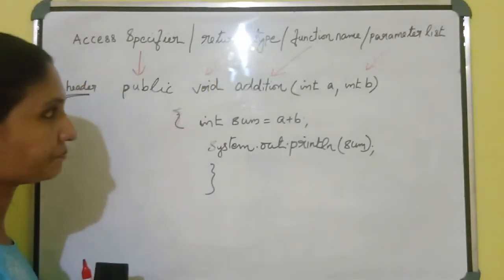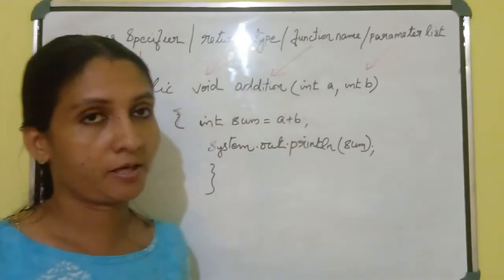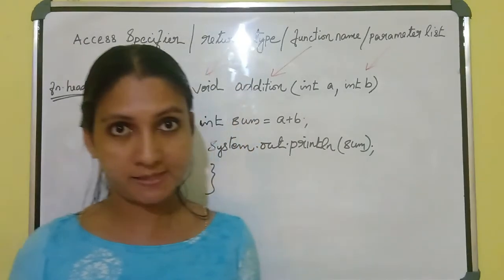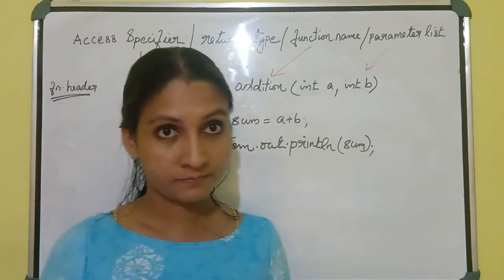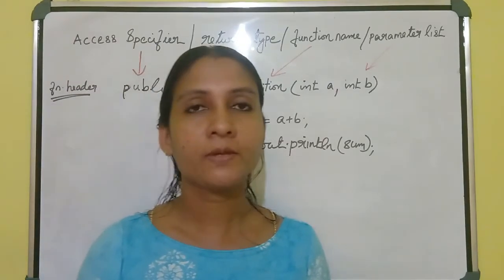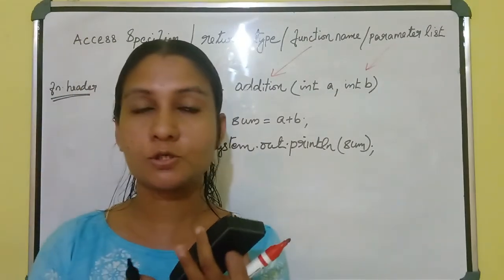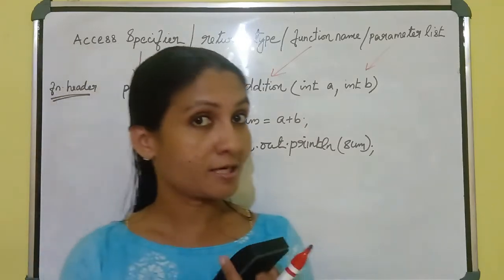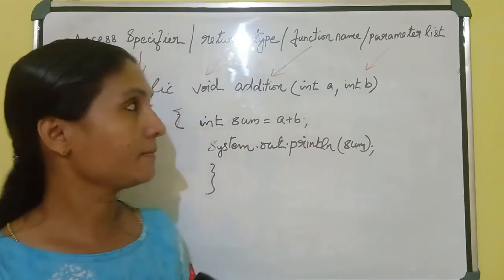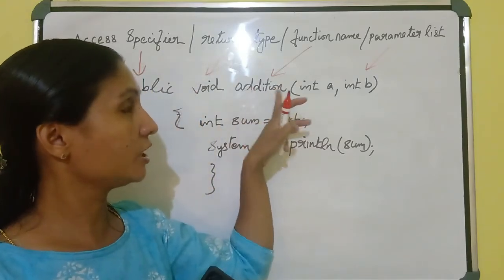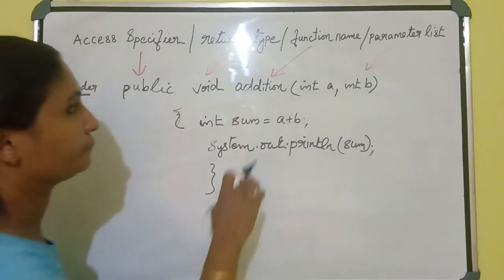Okay. And the next one is function name. We can give any function name here, but don't use spaces. And you should follow the variable naming rules when you are giving a function name. We know: don't use spaces and start with a letter. You can use numbers also, and underscore, dollar symbol, characters like that we can use. But don't use other special characters. And in between the function name, don't use a space also. Okay. Follow the rules of variable naming also.